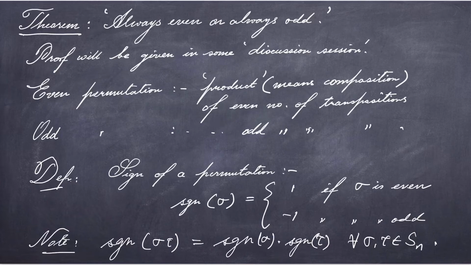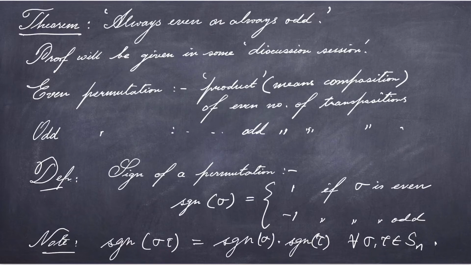Once we have defined even and odd permutations, we will define what we mean by the sign of a permutation. Given a permutation sigma, its sign is 1 if sigma is even, or -1 if it is odd. So the sign of the identity is 1, and the sign of a transposition is -1. Let's also note that sign is a multiplicative function. That is, if we have two permutations sigma and tau, then the sign of sigma tau is the sign of sigma